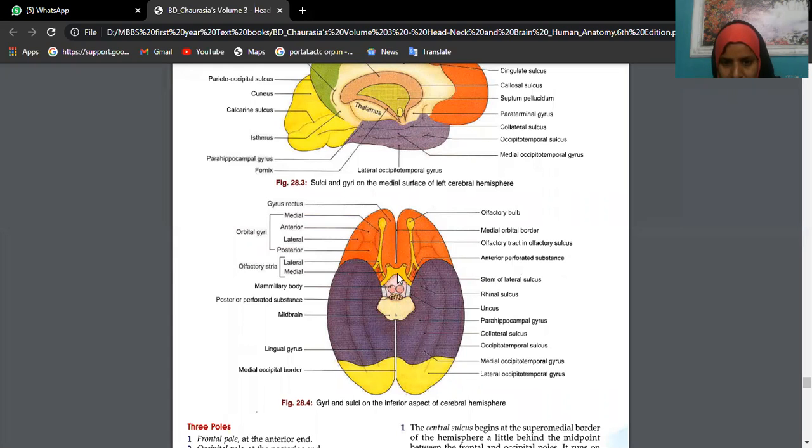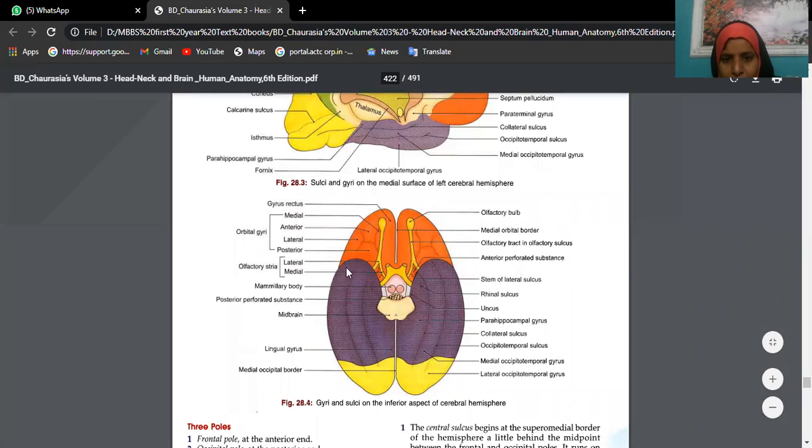Now you are finding there is an area like this, beta. This is one cerebral peduncle. This is one more cerebral peduncle. Between the two cerebral peduncles, you are finding a depression where I'm focusing the arrow. That area is nothing but the interpeduncular fossa. The anterior boundary of the interpeduncular fossa is the optic nerve, optic chiasma, and optic tract. The posterior boundary is the midbrain, and laterally you will see the temporal lobes. The contents of the interpeduncular fossa are the mammillary bodies and the posterior perforated substance. So this is the interpeduncular fossa.